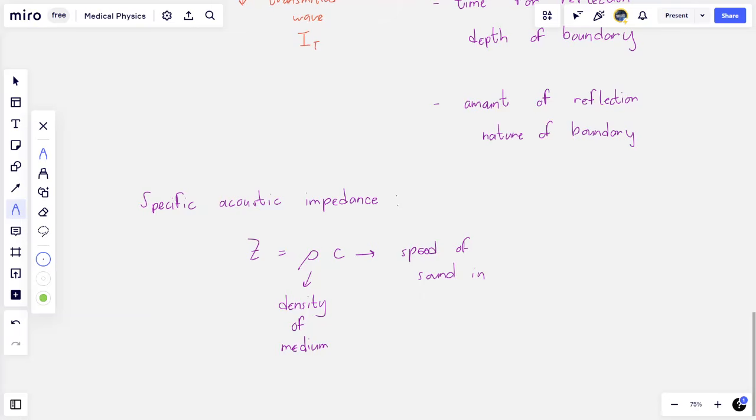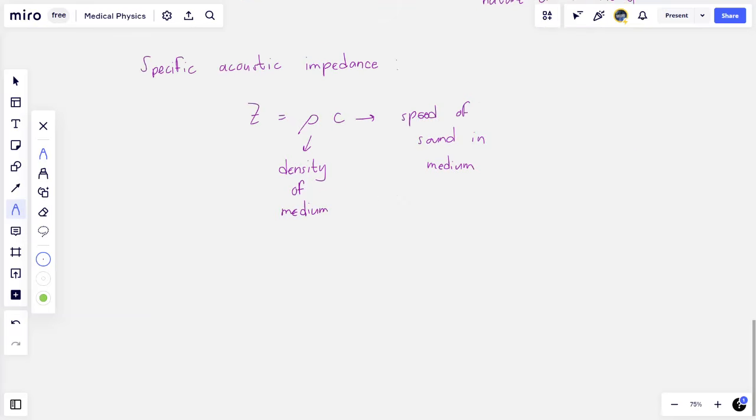Remember, the speed of sound in air is a constant, 340, 330 meters per second. But in different media, the speed is different. And so, basically, the density of the medium gives us a good indication of the specific acoustic impedance, right? And what we know is that this equation applies for a specific medium, so it's different for different structures, but it's very similar